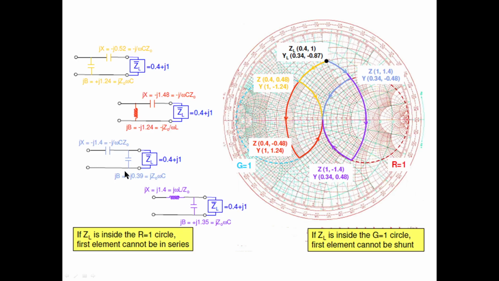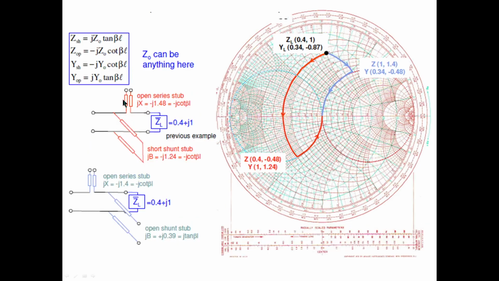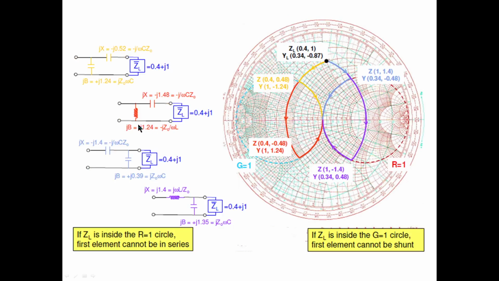Okay. See, now what we did here: with the movement we get the reactance value of this and the susceptance value of this, the B value and X value. And we found the component values. What is the component value in the previous class? But instead of implementing lumped elements like this, we can replace these by stubs. See, like this stub. See here, the third one, this one for this solution.